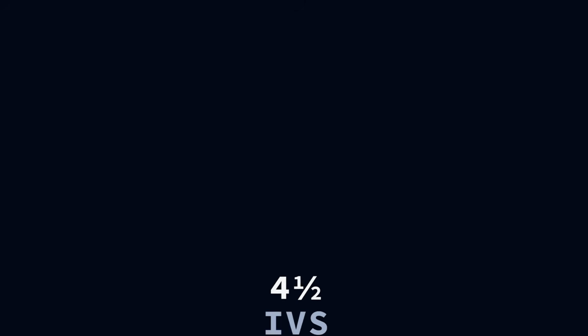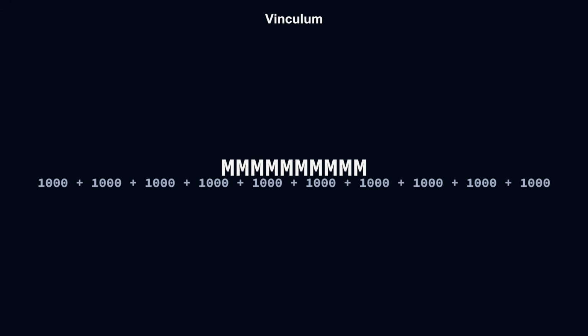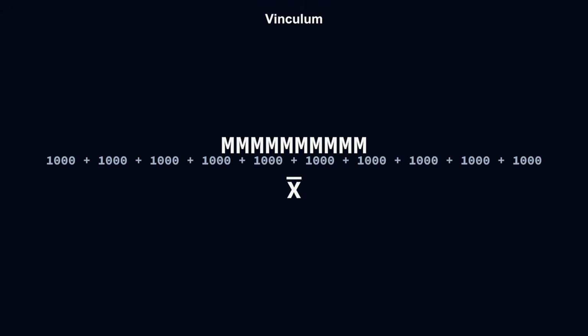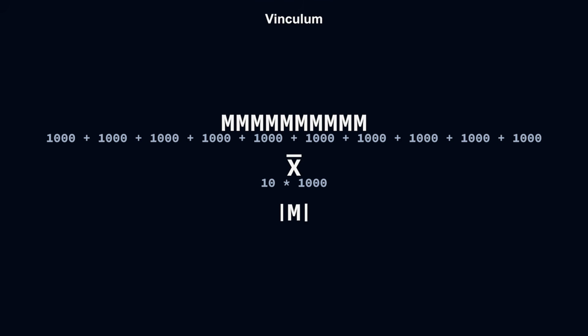There are also some other extensions to Roman numerals, the most popular being vinculum. Vinculum allows for much larger numbers than standard Roman numerals. For example, the only way to write 10,000 in standard Roman numerals would be MMMMMMMMMM. But this is obviously not very ideal, as it's very long and quite confusing. Using vinculum, however, you could write 10,000 as X with a horizontal line over it, which multiplies X by 1000. Or you could write it as M between two vertical lines, which multiplies M by 10. Both are equal to 10,000, and both have been used.